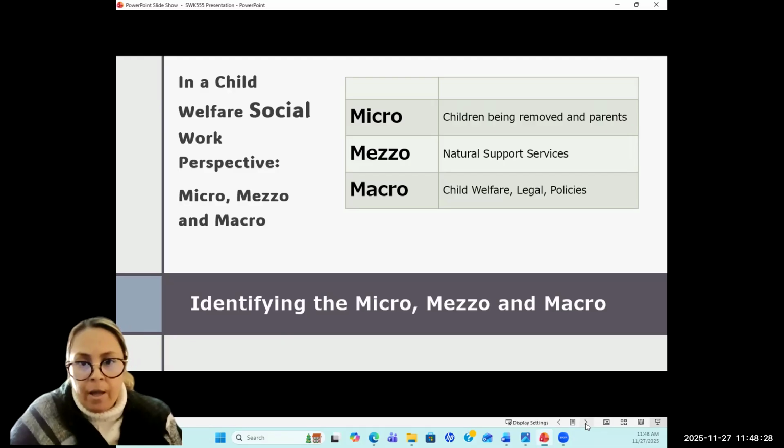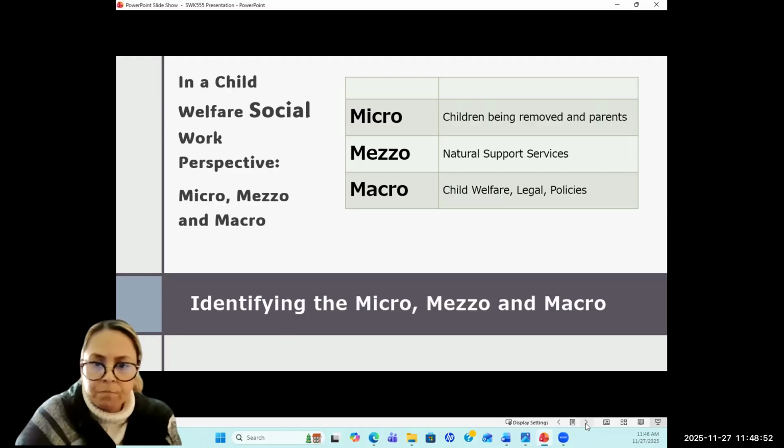So the collaborating agencies, I listed child welfare. It's one that works within, and then the legal, having to deal with court, the policies of the county, the policies of the state are also identified into the macro level.